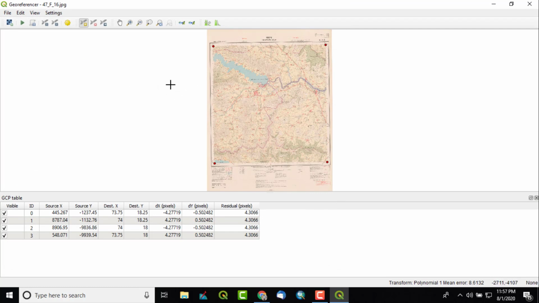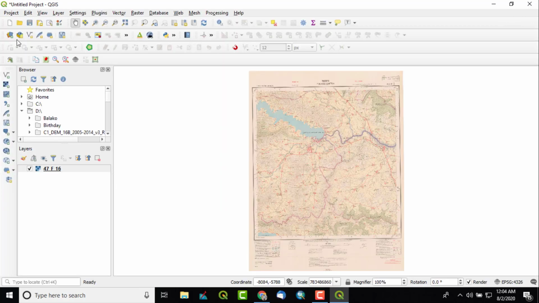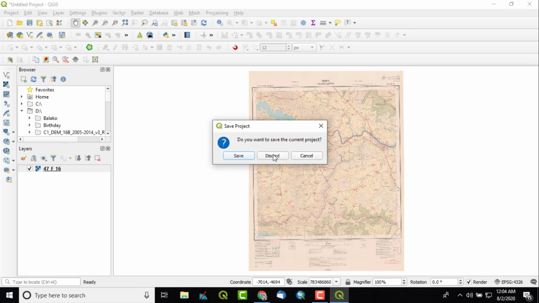After this we have to run the georeferencing. You can run it with the option Start Georeferencing. Just click on that. This is progressing. Just wait for it to run successfully. Yeah, it has run successfully. After this you can close this window, and again I will take a new one, because here the JPG file that was added doesn't have any spatial reference, so the coordinates are not clearly visible.